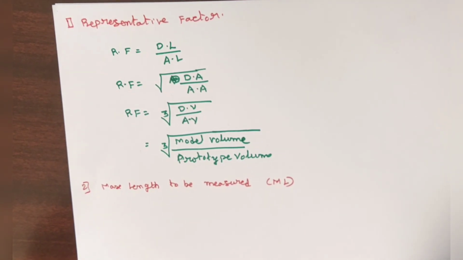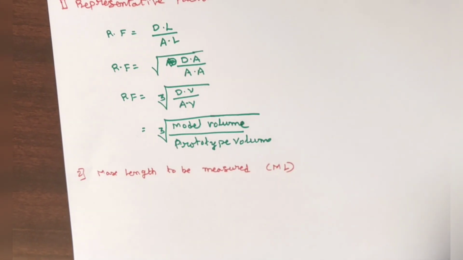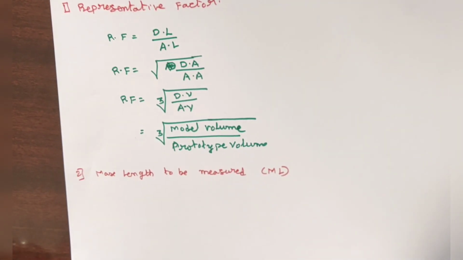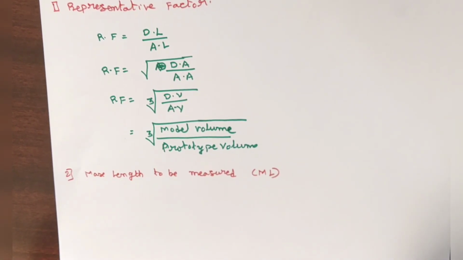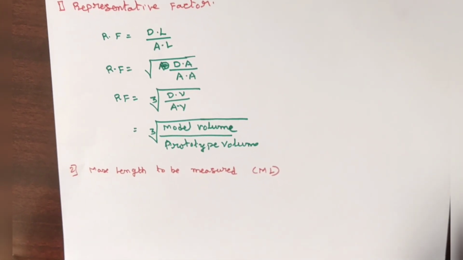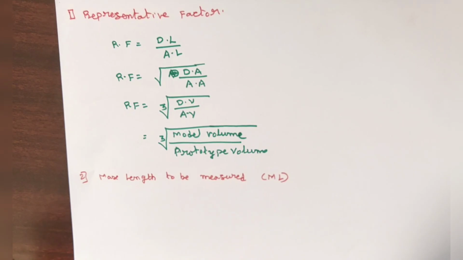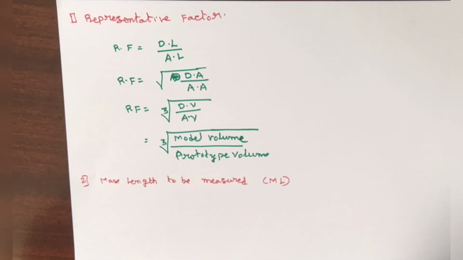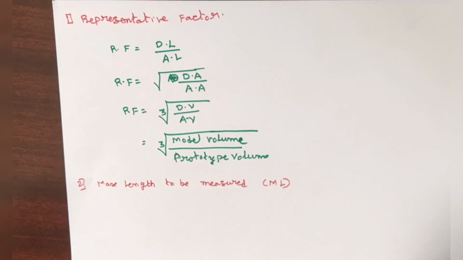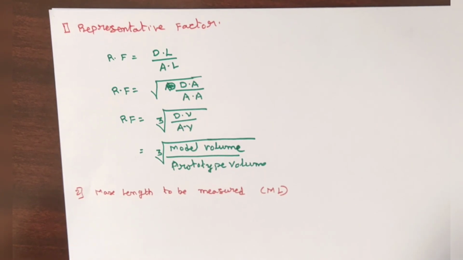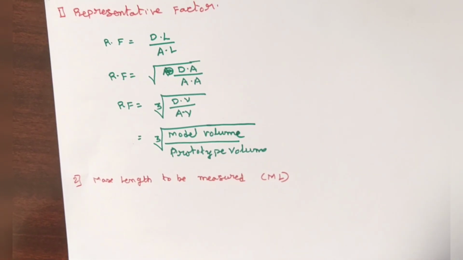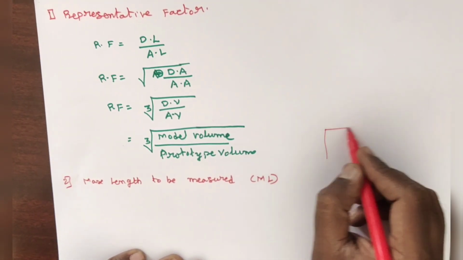But if you consider any of the rooms or corridors or whatever it may be, the largest element in the building itself is 6 meters. What is that? 6 meters is the largest element in the entire building. Maybe that is the largest room, and the length of that particular room is 6 meters. So 6 meters is the maximum length required to measure in the building, while constructing this building plan.